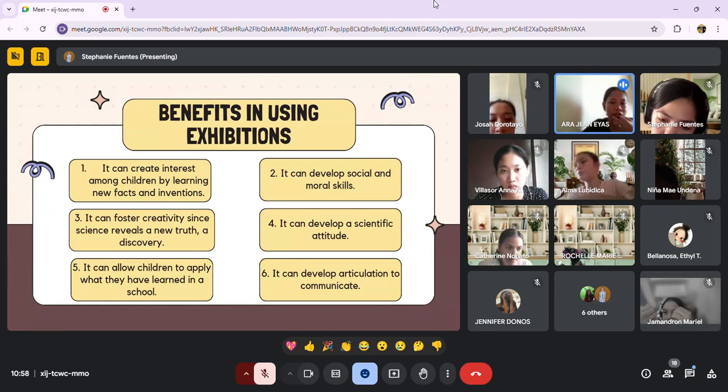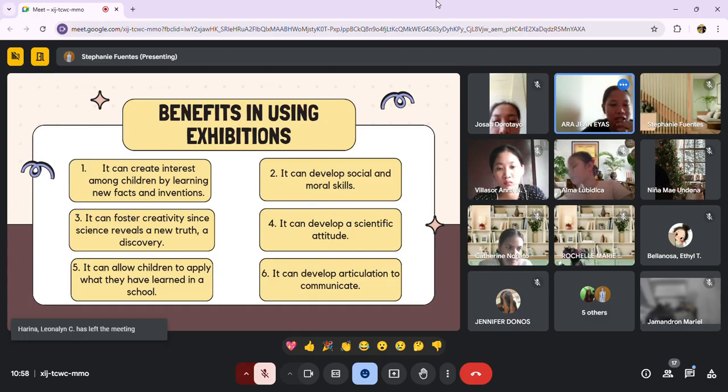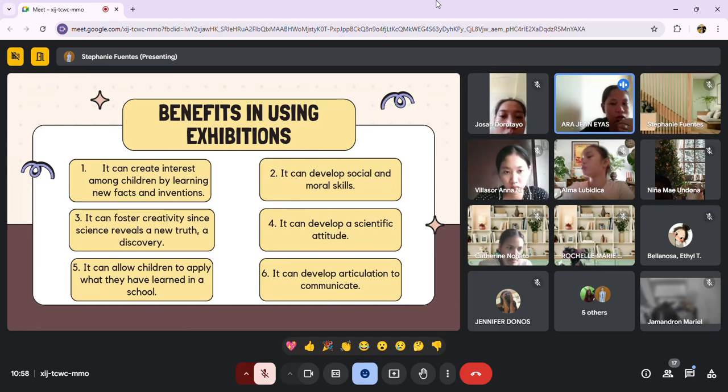This also helps them develop social skills through communication, teamwork, and respect for each other's viewpoints. Additionally, exhibitions may address social or ethical issues, which encourages children to consider moral implications and also think critically about topics like sustainability or technology and social responsibility.